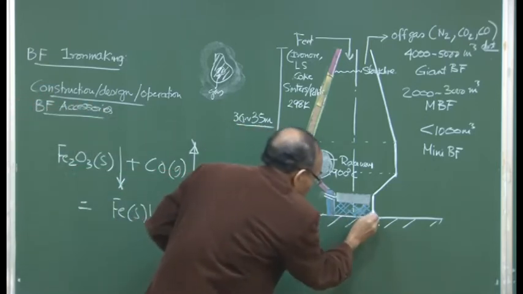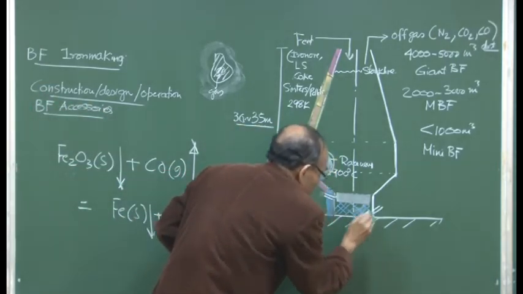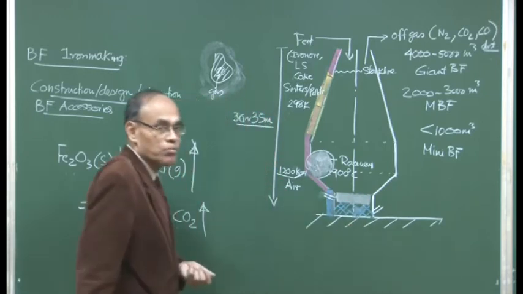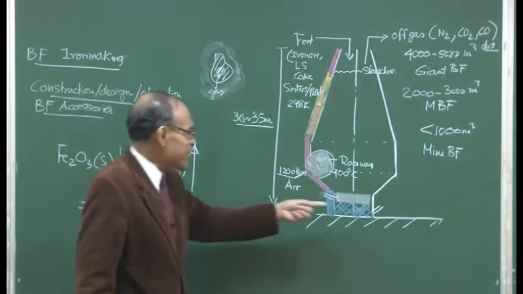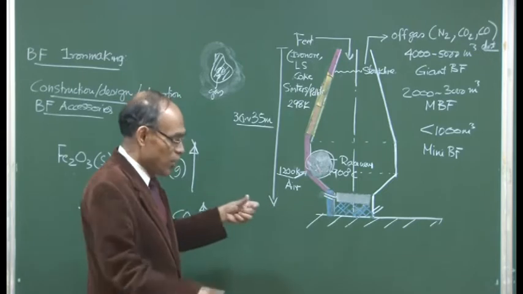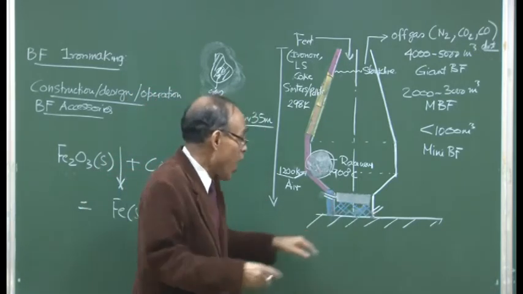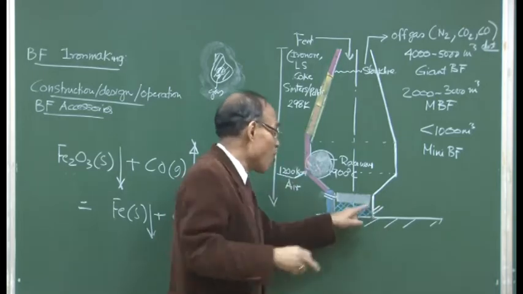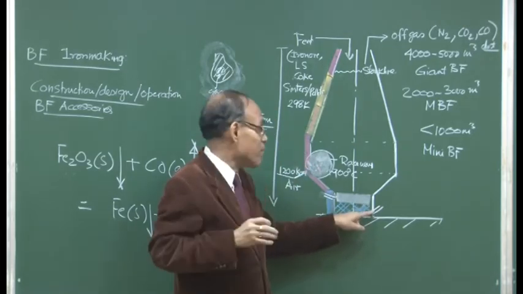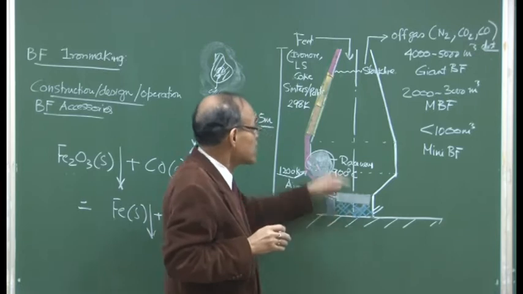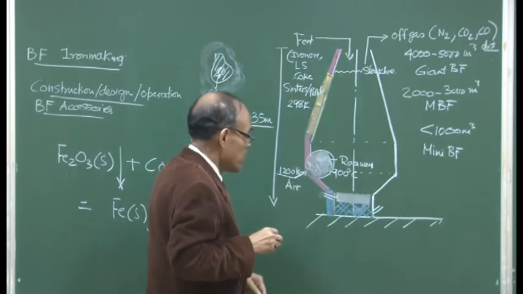And then we have this metal notch through which the metal is periodically taken out. This is a fascinating area of the blast furnace, that you have this big diameter, and the molten metal when it is opened. How it is closed and how it is opened is an engineering marvel really, because you have such a high ferrostatic pressure in the furnace. So, gunning,